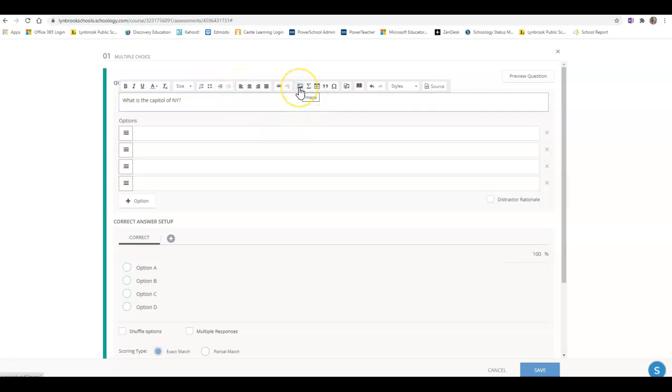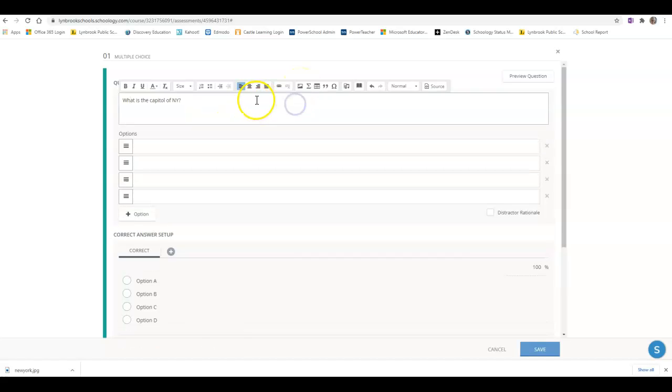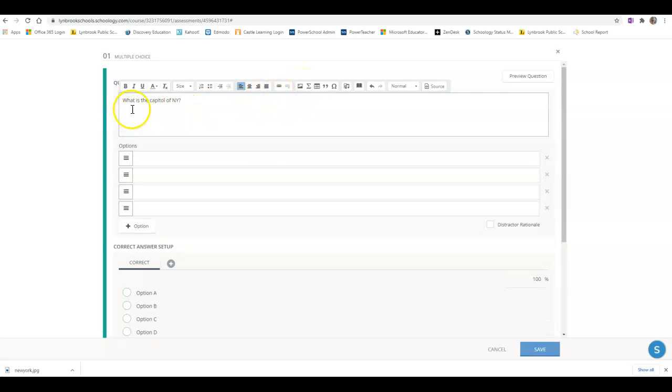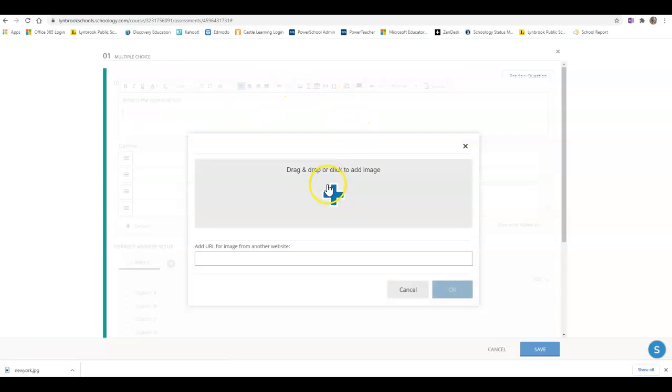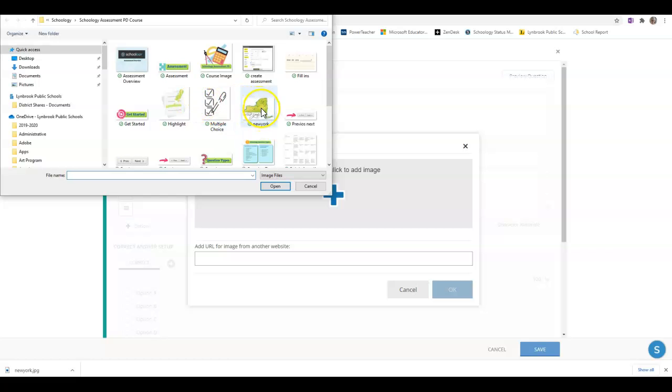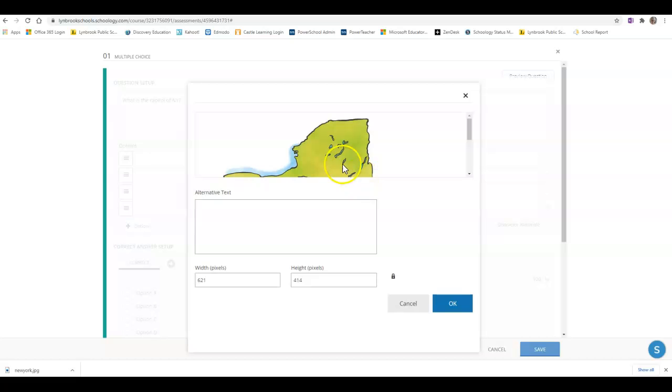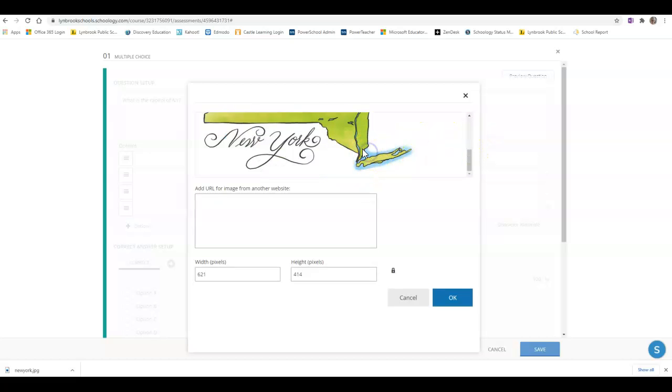You're also going to notice an option for you to be able to include an image. So if I wanted to add an image, I would determine the place that I would like to add it in the text field, and I would click on the image icon. It's then going to ask me to drag and drop or to upload this image, which I can do by clicking on the plus sign and searching through my files for which picture I would like to choose. I can click open, and this is going to be brought into here, and you have the option to be able to size this down as you would like to scale it,